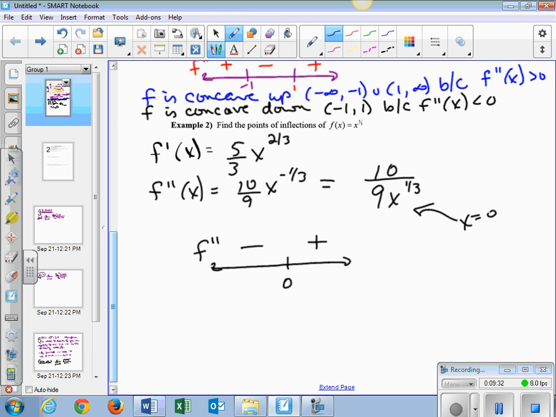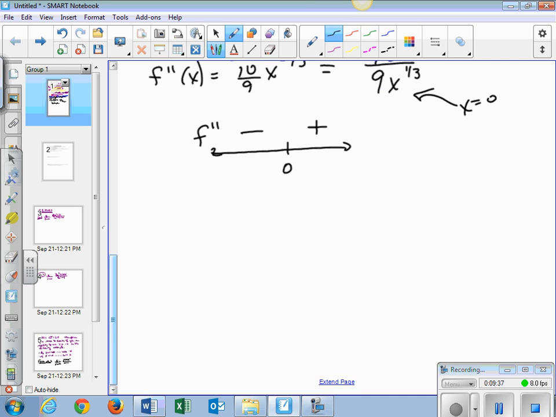And we need to see when our second derivative changes signs. So I have a point of inflection. Let's do a little summary here. I have an inflection point